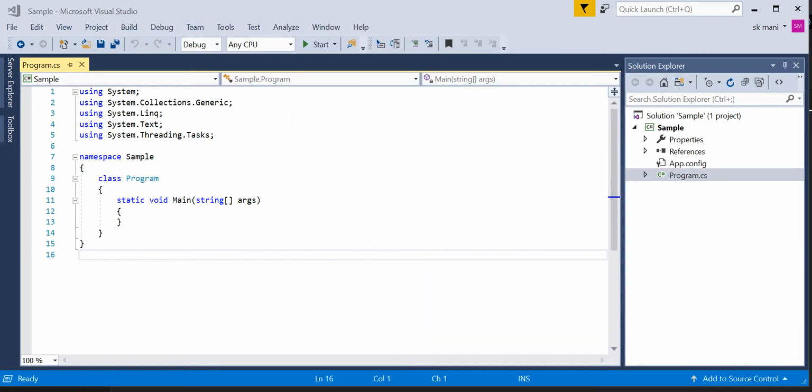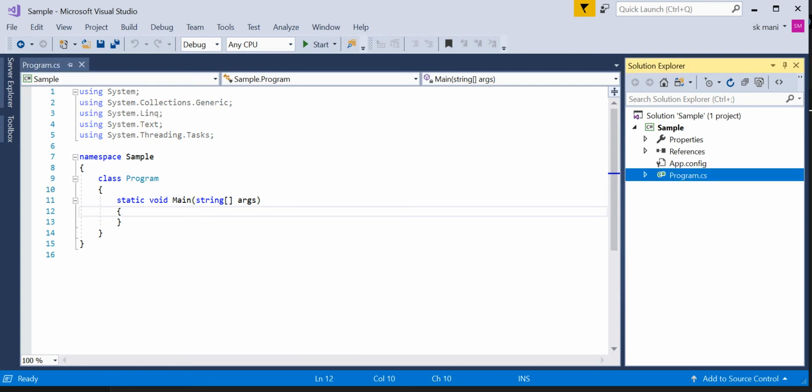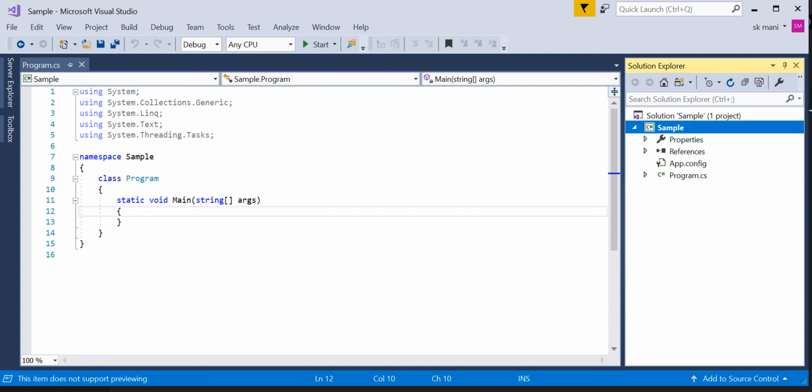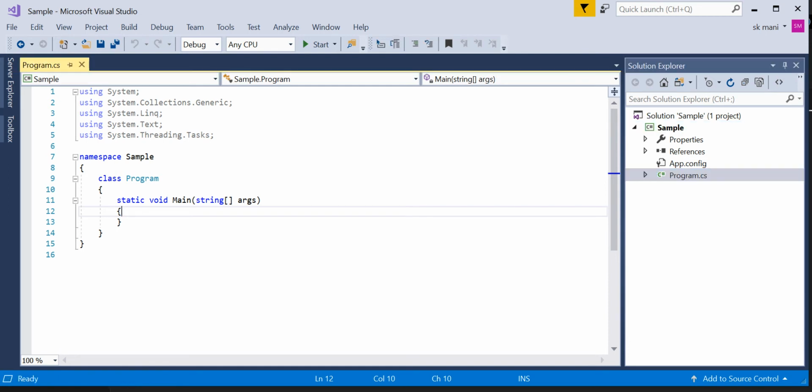Our project was created. In this project, go to the Solution Explorer, and this is our project name, sample. Here we have only one C# file. See, the file name is Program and it has the .cs extension. This file has only one class and a Main method.